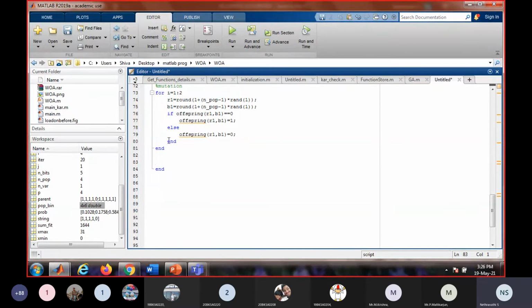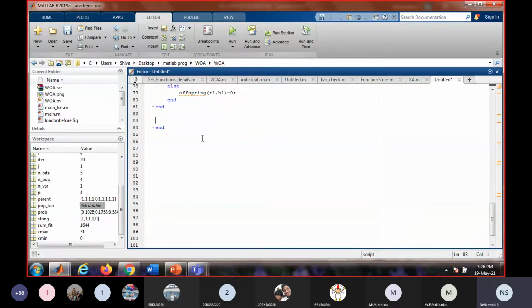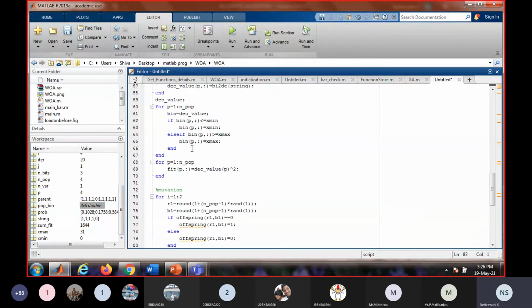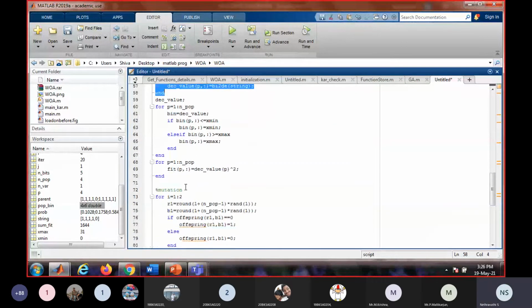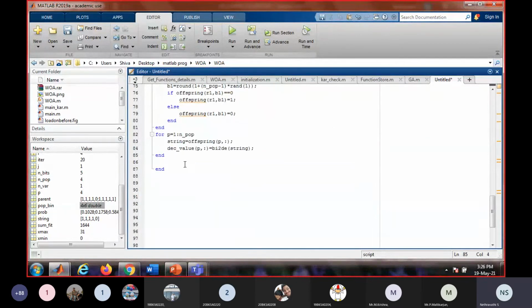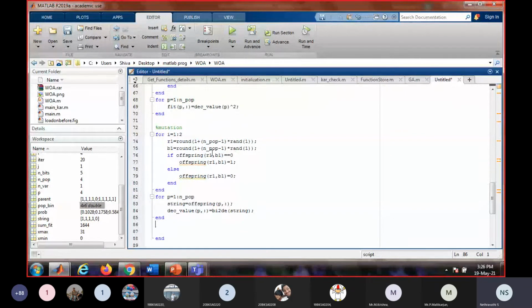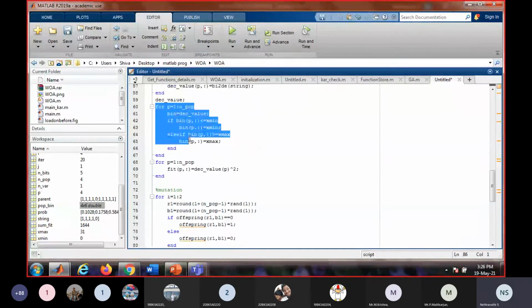So next again we have to convert this offspring value to a decimal value. Same thing, this one. This you can copy and paste it here, convert it into a decimal value. And then again, after mutating also there are chances that we may get a child which has exceeded the range. So we have to repeat this, checking for X min and X max.